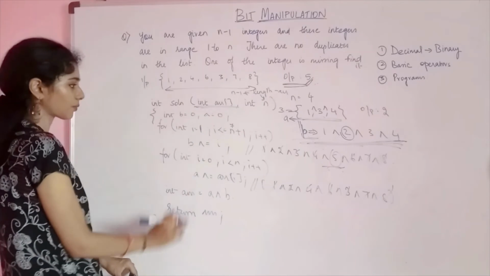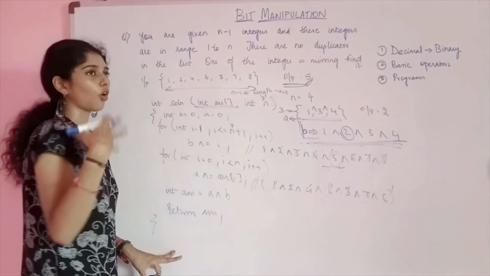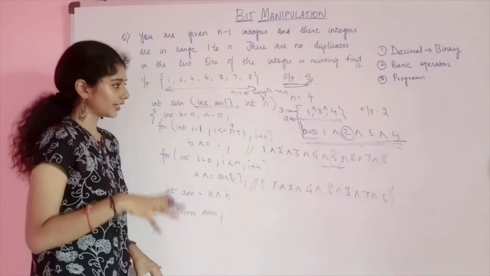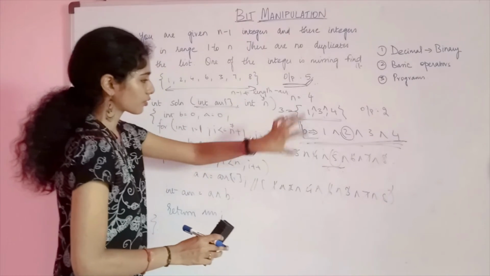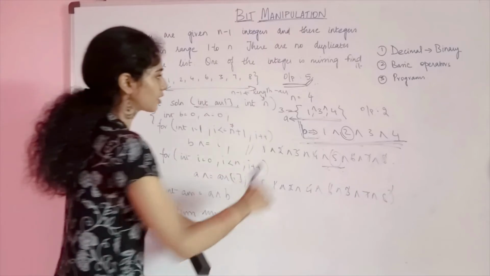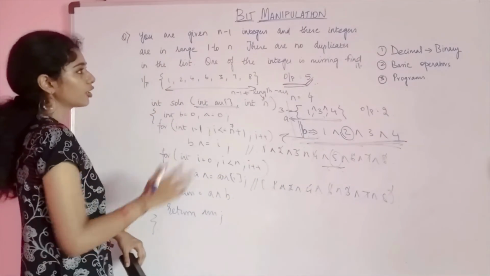So this is how you are supposed to approach a particular question. Look at the question, think of all the basic operations that you have already gone through, and then try to put it mathematically into the picture. If you put it mathematically, you can automatically write a program out of it. Alright, so let's look at another